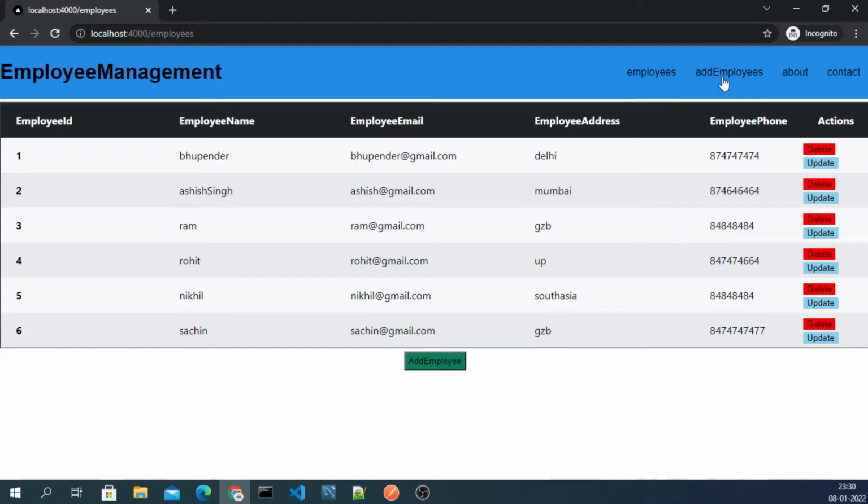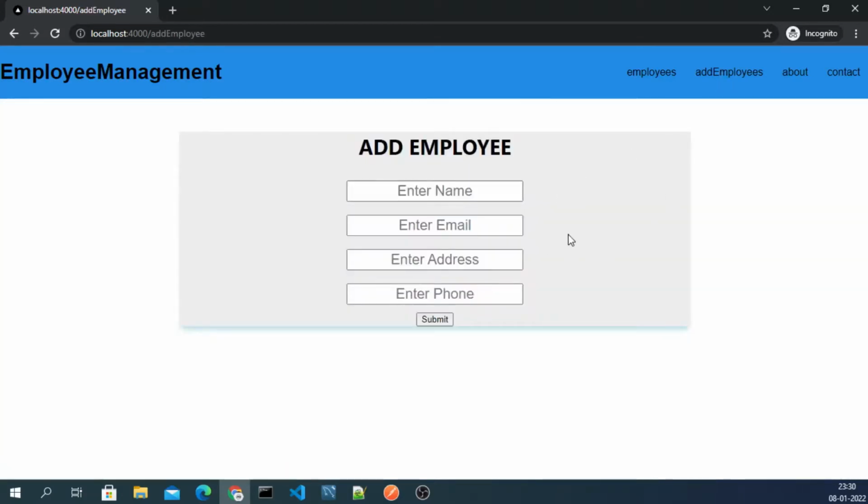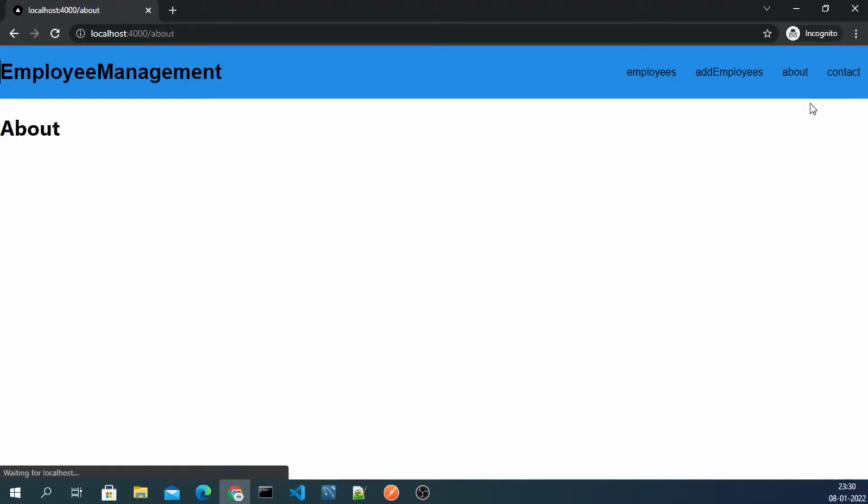If you click on add employee, you will have a page where you can add an employee to the database. If you click on the about page, you will have an about page, and if you click on the contact page, you will have a contact page, right?